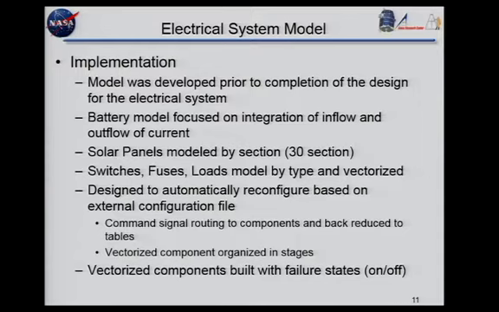So the design could continue to evolve, and we didn't really have to worry about it from a model point of view. And then because, again, the components were vectorized, we could also extend the concept all the way to the fault injection and say, hey, now you have an array that corresponds to the number of switches of this type, and these are the ways that you can fail them.